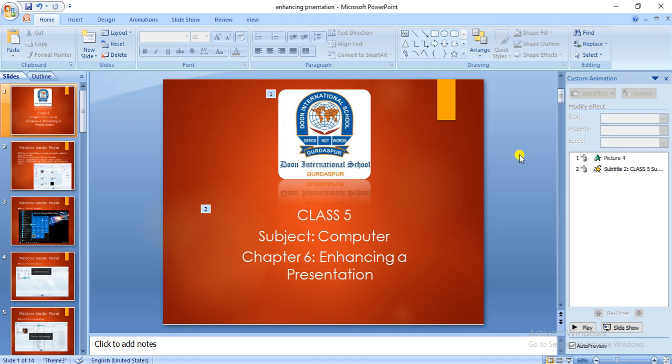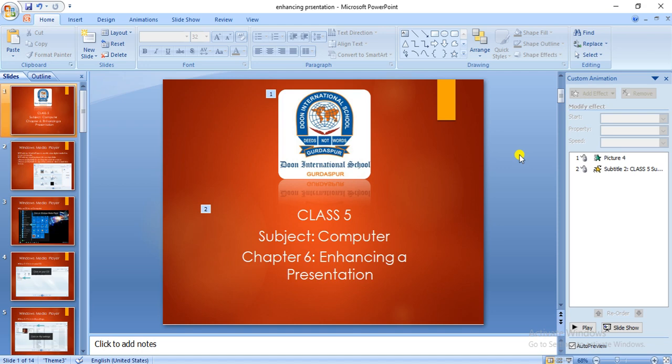So similarly, transition effect determines the entry and exit style of a slide. Why do we use the transition effect? It is used to make a presentation look polished and more attractive to the audience. Okay, so if you want to remove any animation effect, you can simply click on the delete key present on your keyboard.